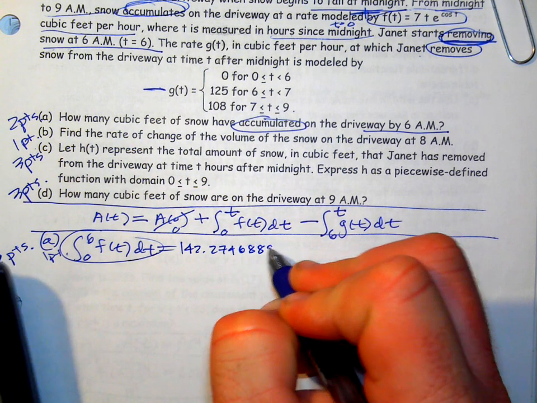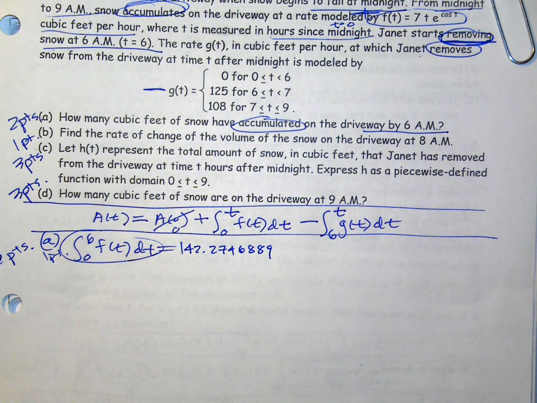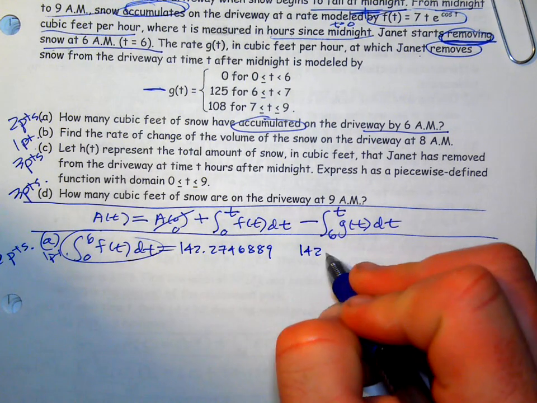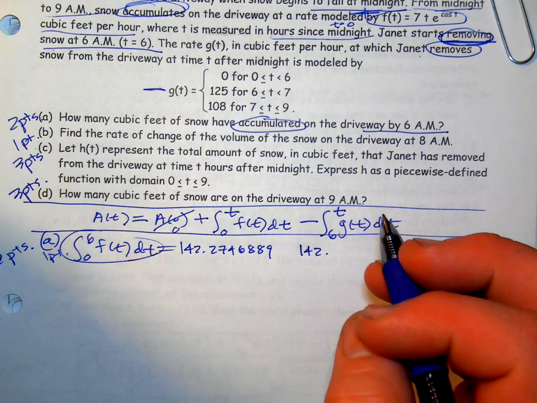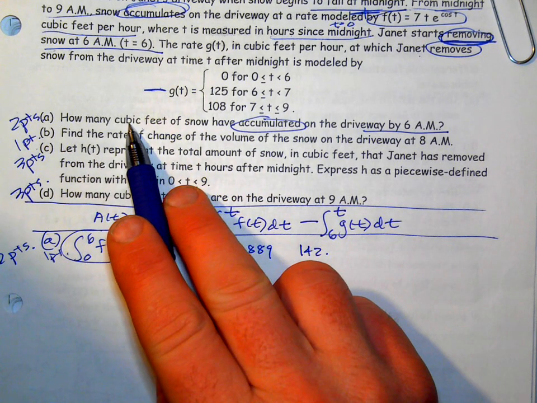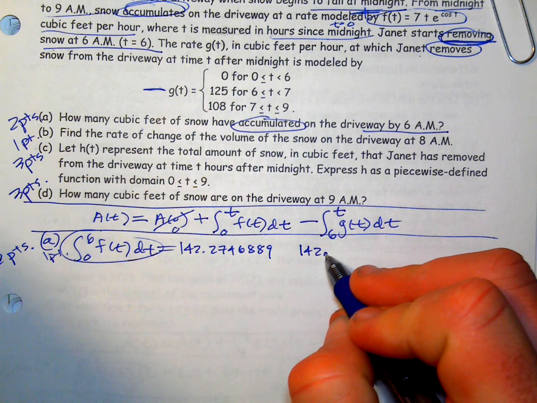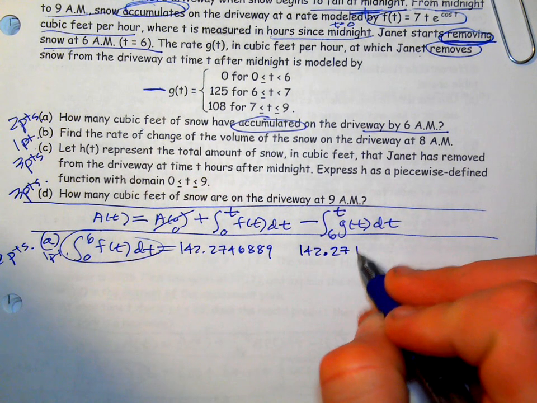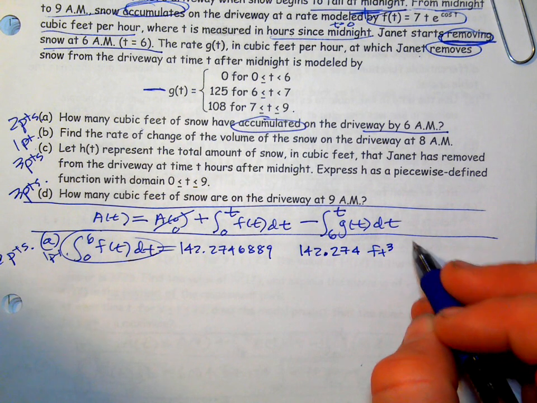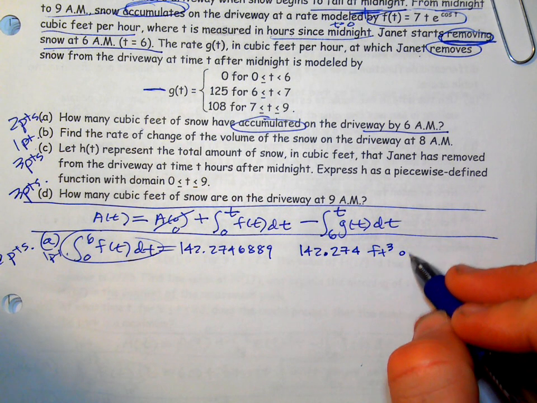142.2746889. I'm just going to write that all down so I don't have to redo it later. So 140, do they say anything about rounding to the nearest cubic foot or something? It says how many cubic feet, but it doesn't say nearest cubic feet. So I think we're going to do 142.274 or 5 cubic feet, right? Feet cubed or cubic feet of snow